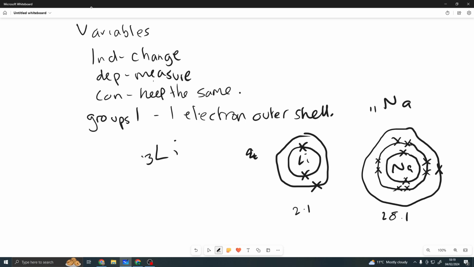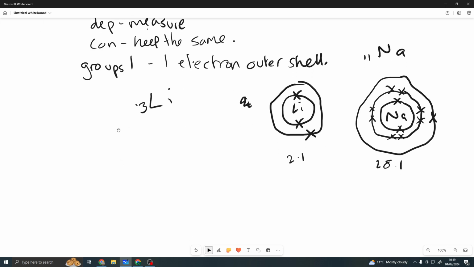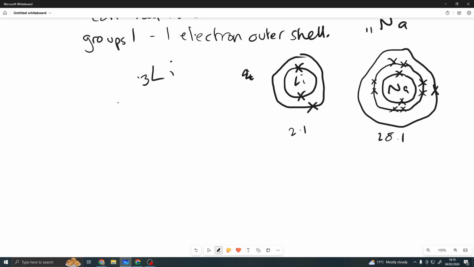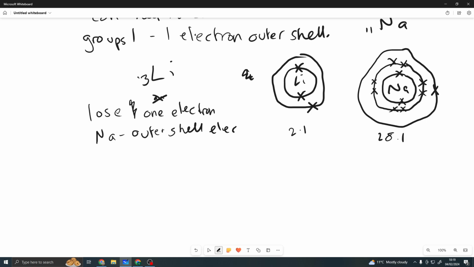Okay, now why, therefore, is sodium more reactive? That's a good question, and it's a question you're likely to be asked. Why is sodium more reactive? Well, remember, in group 1, we're trying to lose 1 electron. What I'd like you not to do is write "an". I know "an" means 1, but write 1. They like to see the word. Lose 1 electron. Now, in sodium, the outer shell electron is further